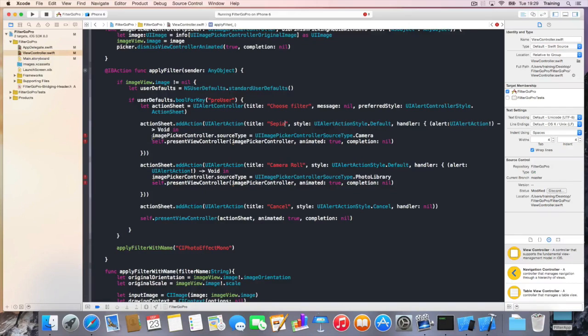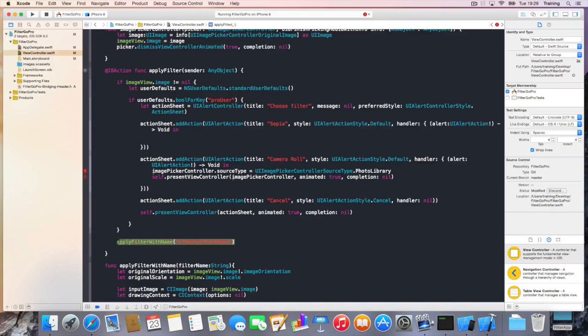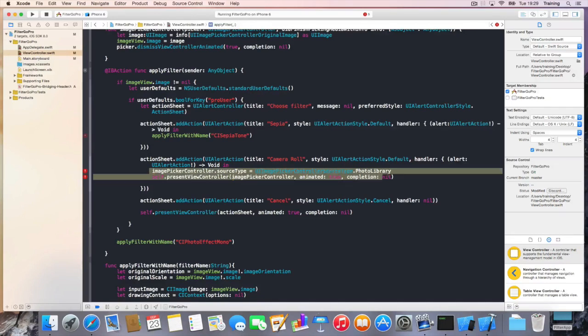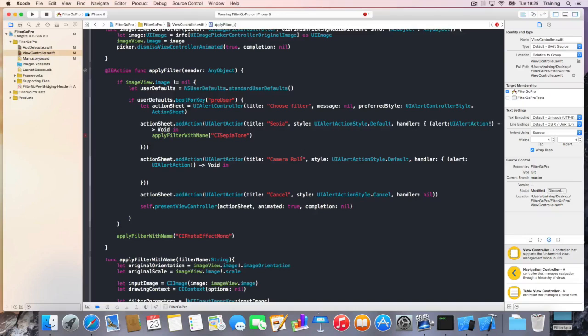We can delete the code here. We can copy this code, just copying it from the documentation, the sepia effect is called CISepiaTone, and also delete it from here, this block,